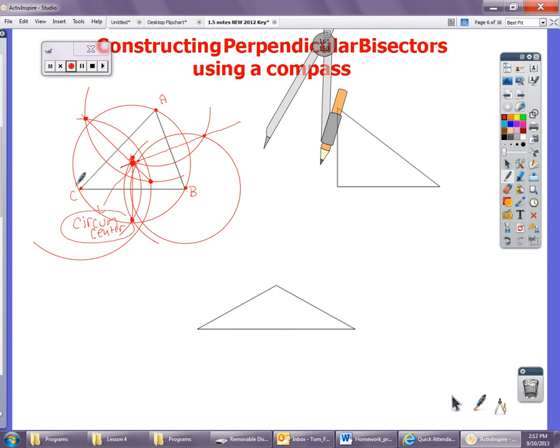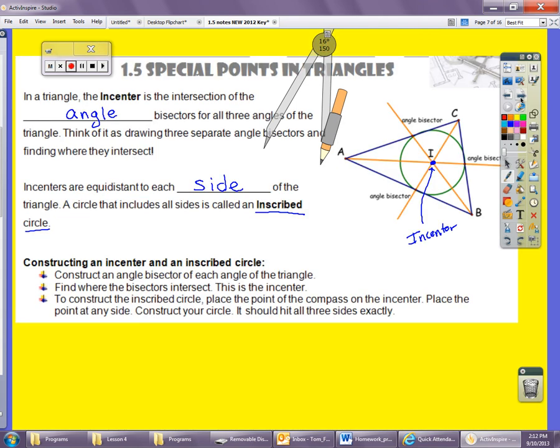So we have our circumcenter and then our circumscribed circle. So we're just finding our perpendicular bisectors of all three sides. So CA, AB, BC, perpendicular bisectors, and where all three of those perpendicular bisectors intersect, that gives us our circumcenter. So work on those two examples. And then on the back side we have